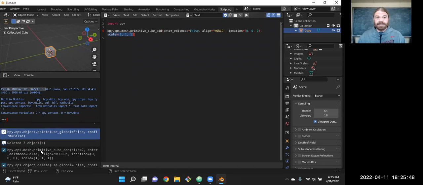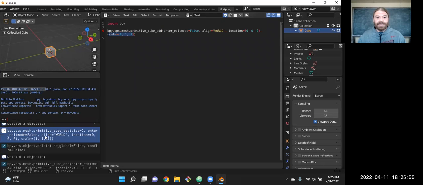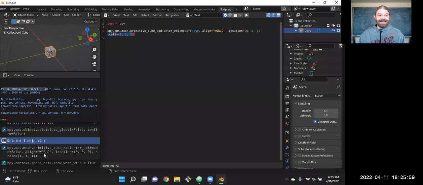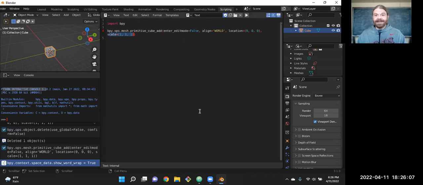Deleted those initial 3 objects, and added a cube. Then I deleted that. Then I came over here and added another cube. And then in the script editor, I switched the word wrap. So I turned word wrap on. And you can see all of those instructions showed up.